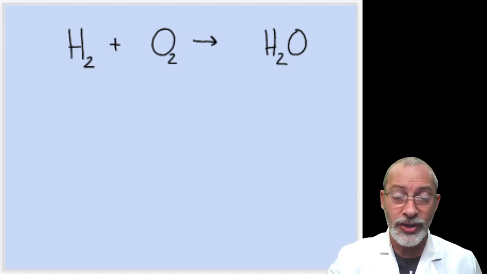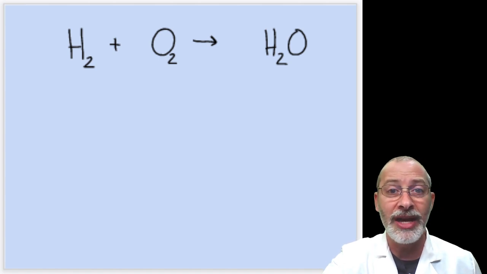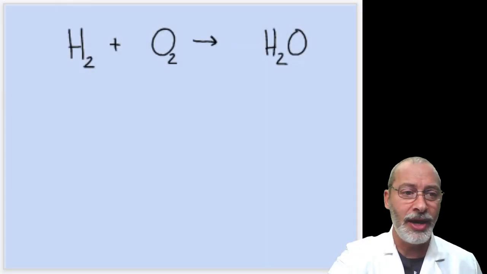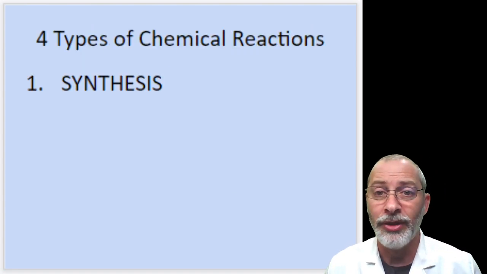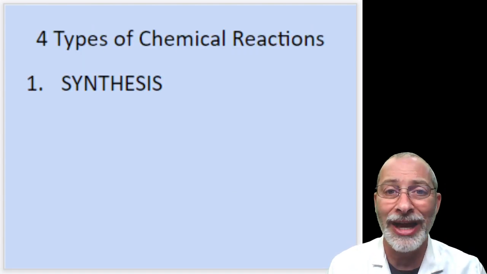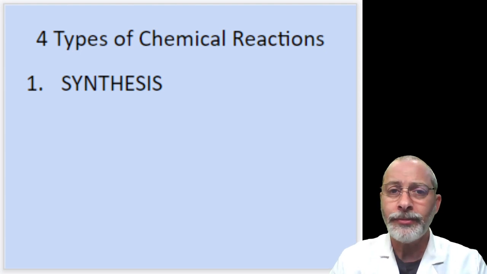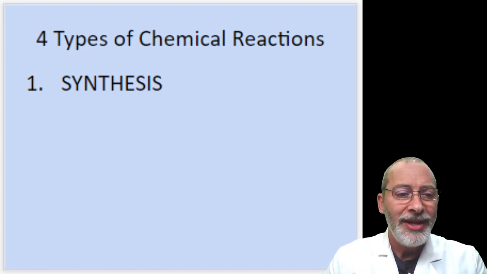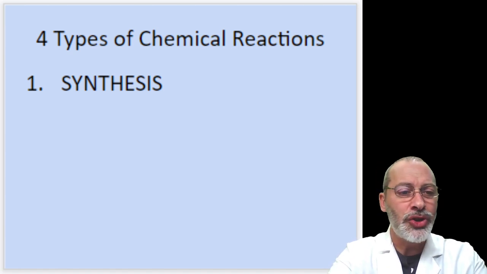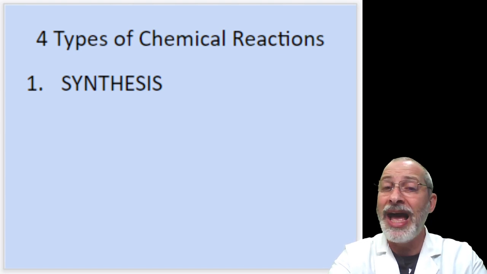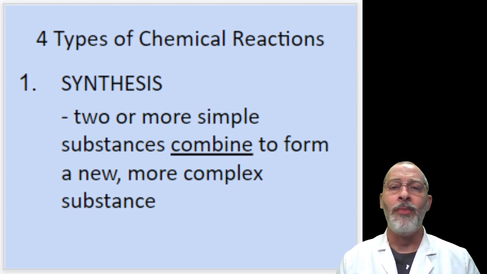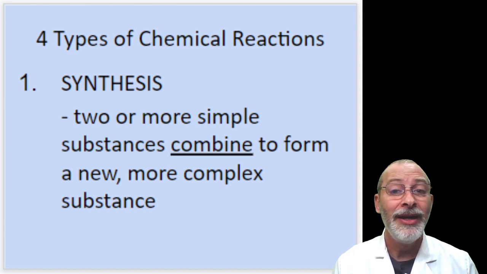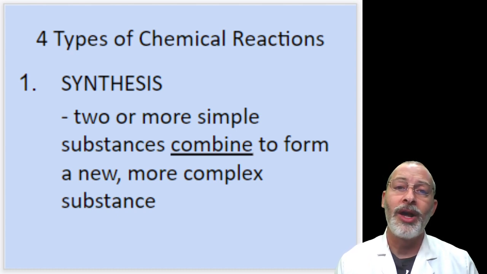So let's begin in our notes where we left off yesterday, and that is not there, but rather here. The four types of chemical reactions. The first one is called synthesis. The word synthesis means to put together. In fact, a synthesis chemical reaction is when two or more simple substances combine to form a new, more complex